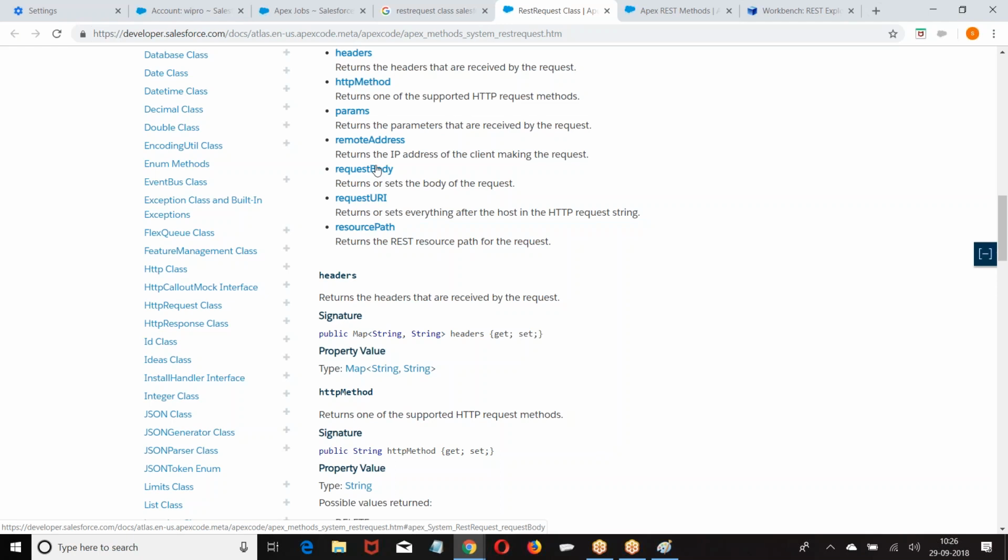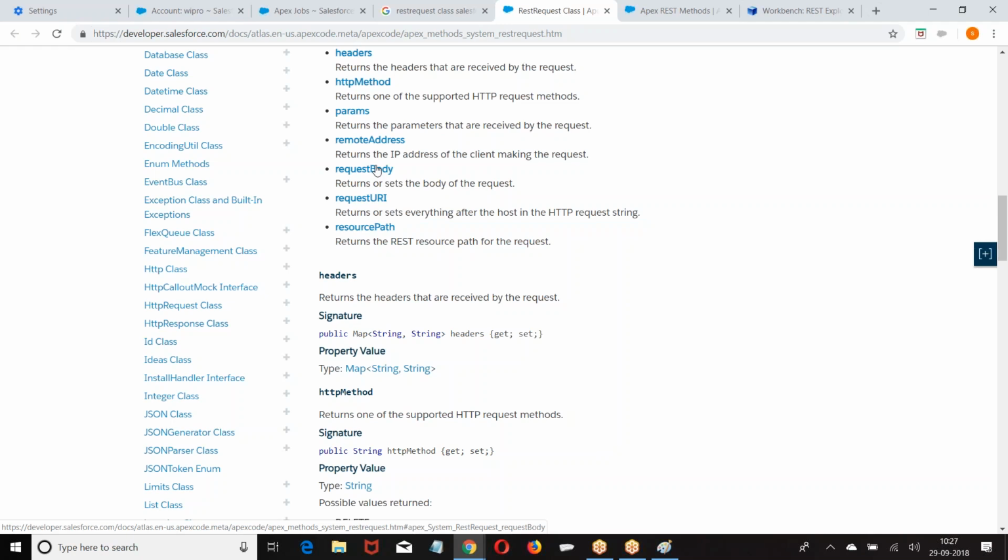So basically, out of this, what are the major things that we require? Header, HTTP method, params. Header will contain what type of content they are sending. When you make a request, you are sending a request to me with some data. The data is in the body. In which format are you sending? Your request is to insert the data, and you are sending the data in the form of XML. I should know which format I am getting the request in. So header, authorization, all this will be there in the header.